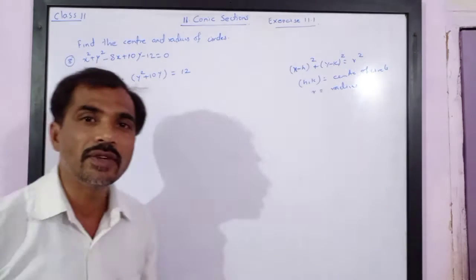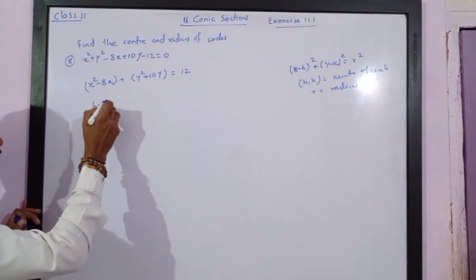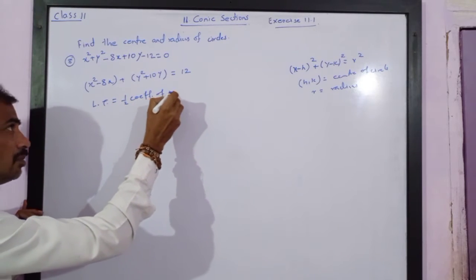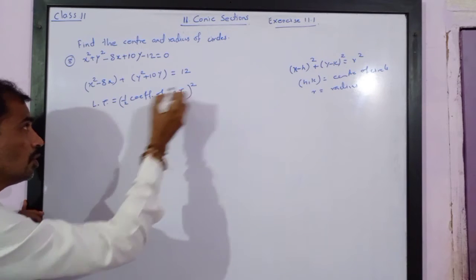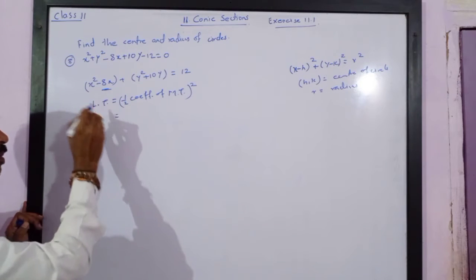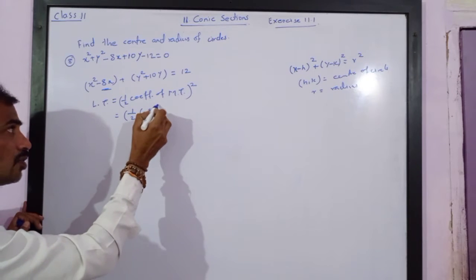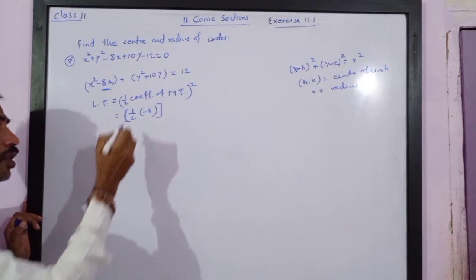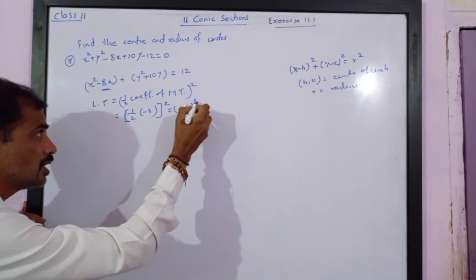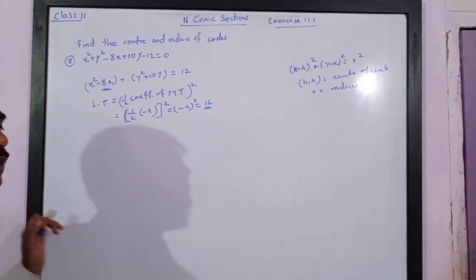You have already solved quadratic equations of this type. For this, we know that the last term is equal to half the coefficient of the middle term, bracket square. So in this case the middle term is minus 8x. The coefficient of the middle term is minus 8. So it will be half of minus 8, bracket square, that is equal to minus 4 square, that is equal to positive 16. Please note, if I am adding 16 to the left hand side, I have to add 16 to the right